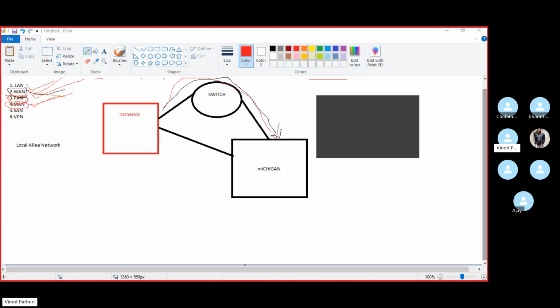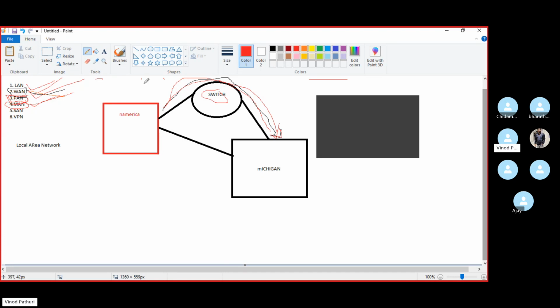This example is for MAN, Metropolitan Area Network. Connection between two major cities, right? Yeah, two metro cities. Usually we cannot lay the cable between two different cities, so we will use an in-between vendor. For example, Airtel will be there in Hyderabad and Bangalore, and they have fiber cables.